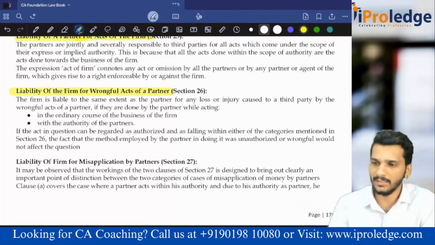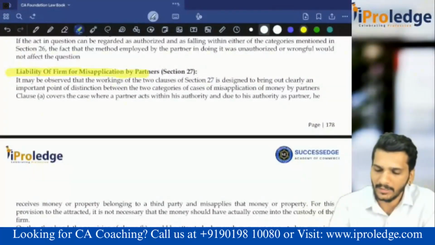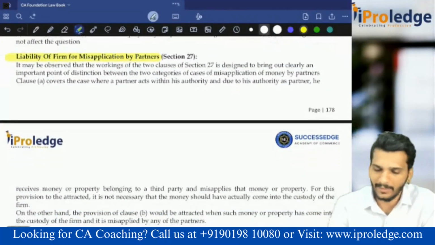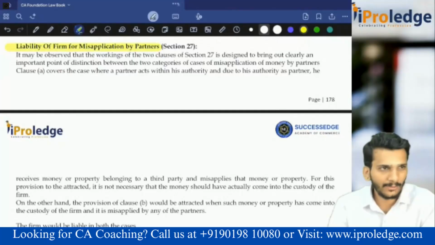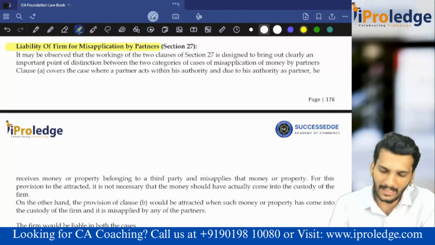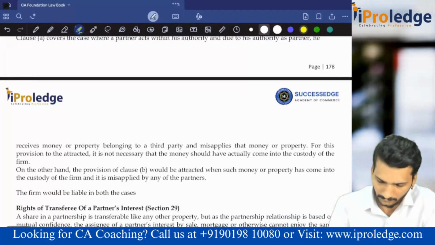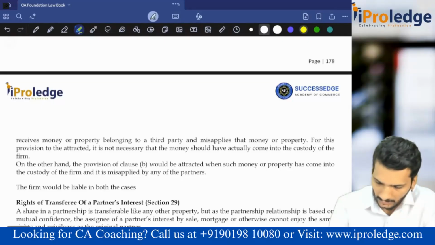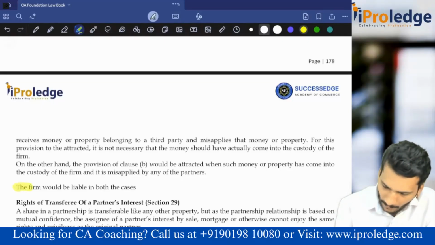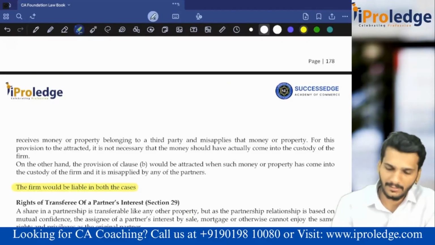Liability of the firm for misapplication by a partner. What is this misapplication by the partner? Whatever money is received by the partner, he misused for some other purpose, a personal purpose. Then what is the liability of the firm? Is the firm liable? The firm would be liable in both the cases. What are both the cases? First case is,